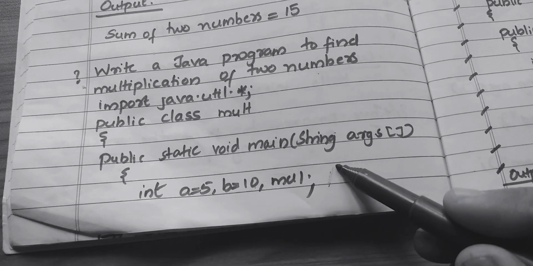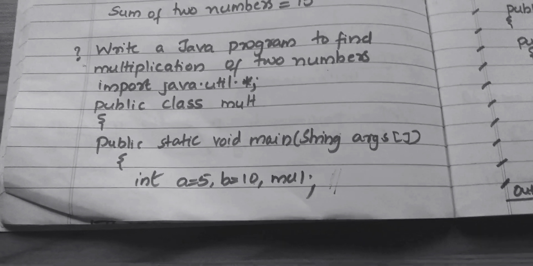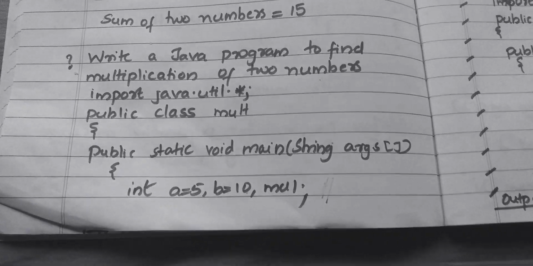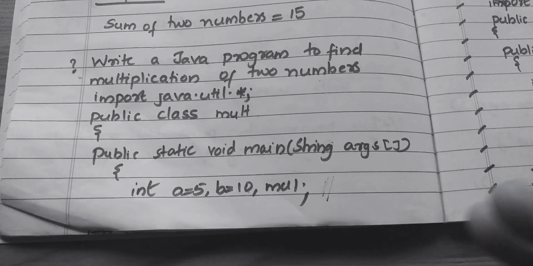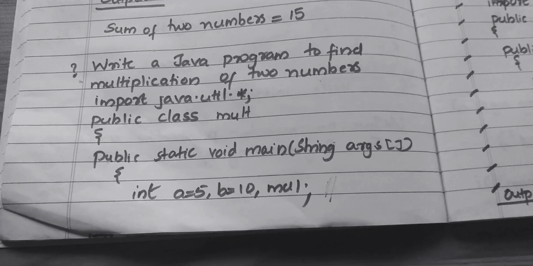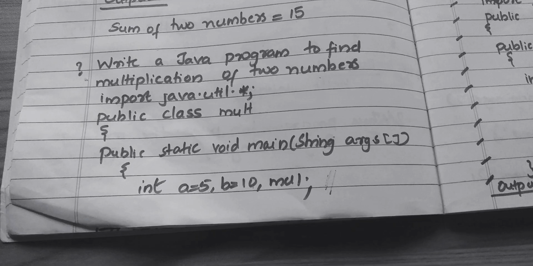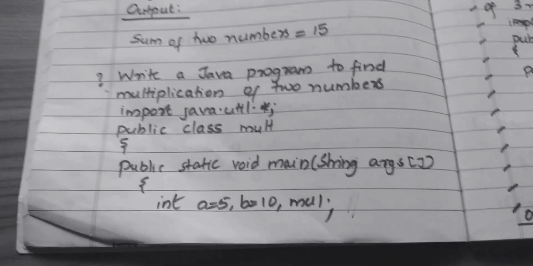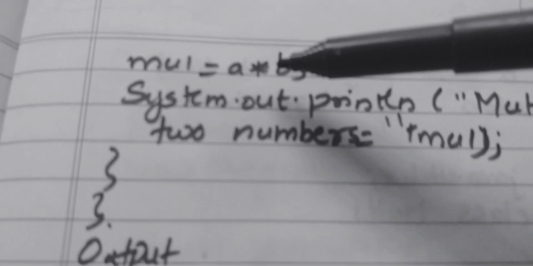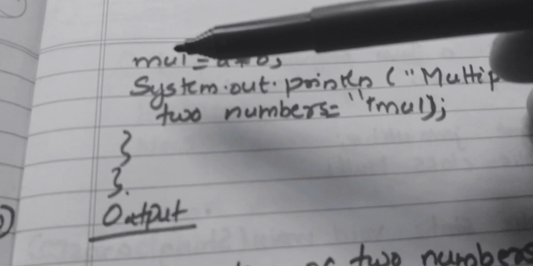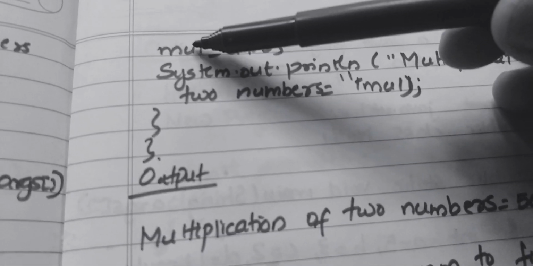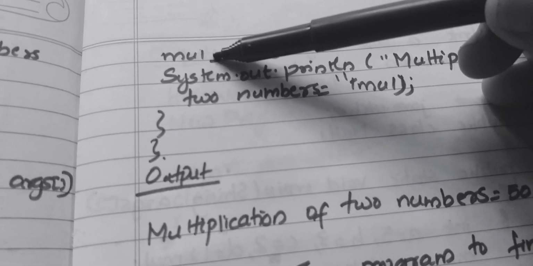So students, you people should give the comments while writing the program. So here I am not writing the comments, but when you write the program, you should give the comments. Okay. So what is the purpose of our program? To find multiplication of two numbers. So I am going to store my result in the variable mul. So mul equal